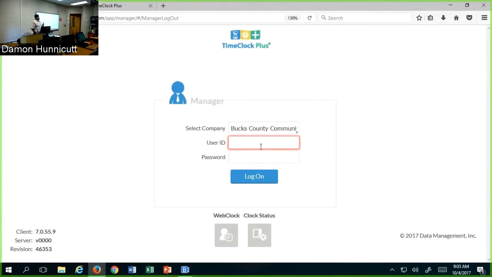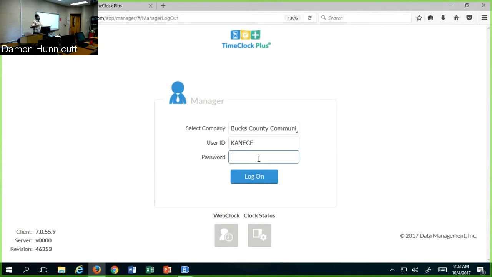To log in, I'm going to log in as Charles Kane, and I'm just going to enter his user ID, which is his last name, first initial. So it kind of follows your network ID in here on campus. And the password is, I'm just going to type it in, but whenever you have your login, it's going to